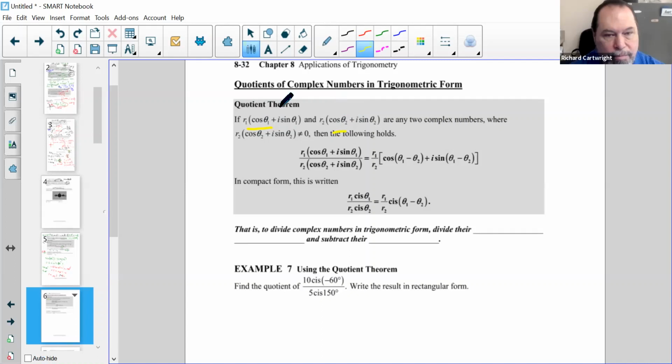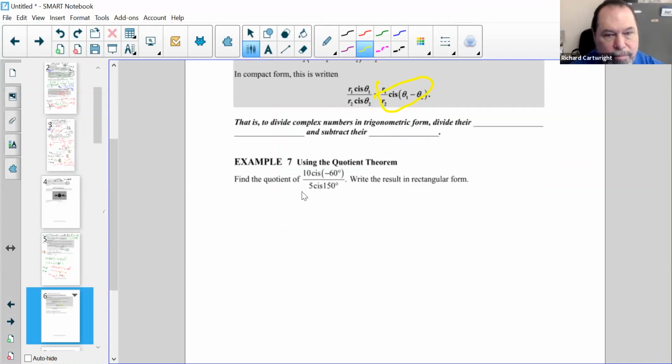The formula is relatively simple. Look what we did. Instead of multiplying the r's, I divided. Instead of adding the angles, I subtracted. So there's my shortcut formula. That was really hard to think of, right? I'm not going to try to fill in his blanks. Let's just do a problem. Okay, we're doing, so if